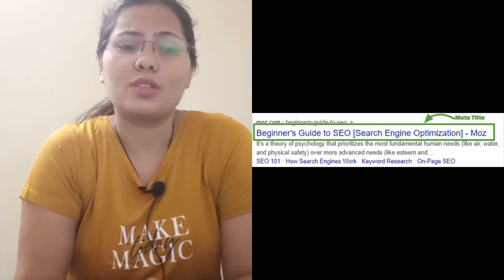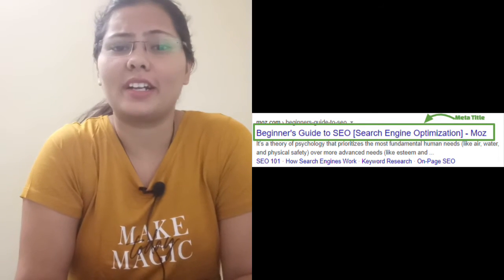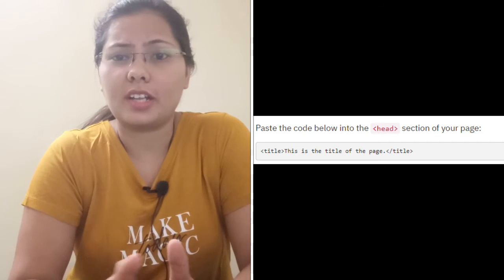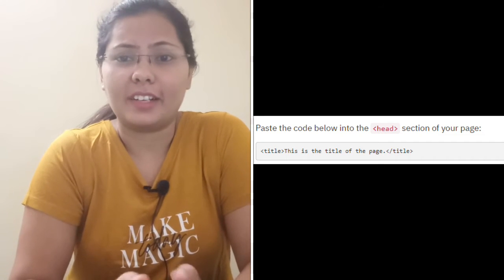Please see the side images so you can understand better how the meta title looks and how you can write it in the backend of the code.